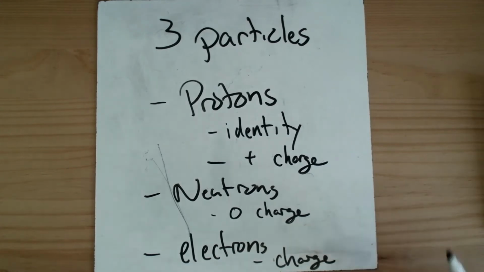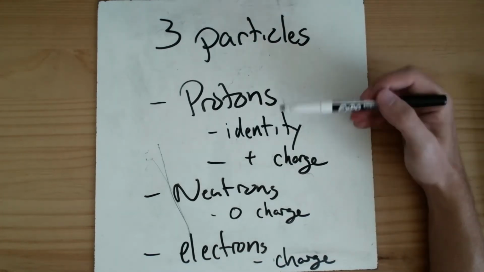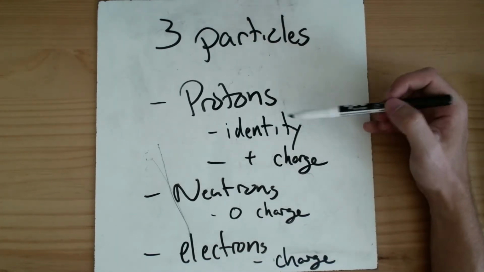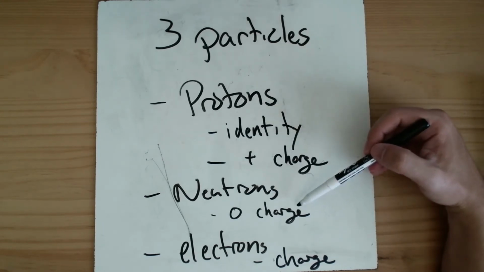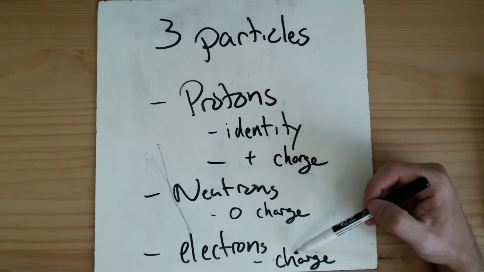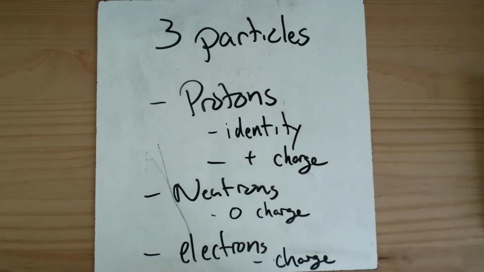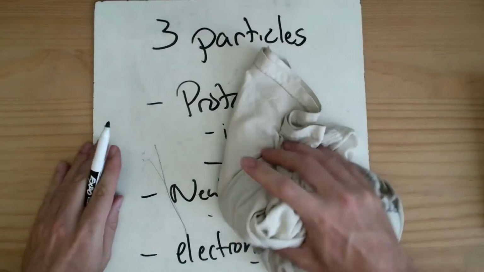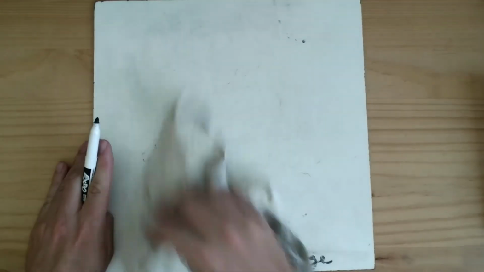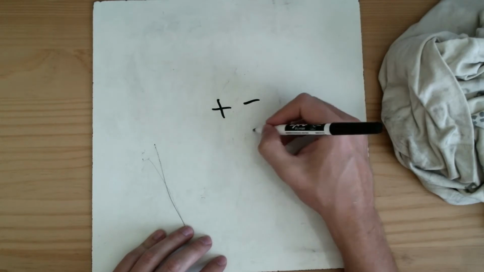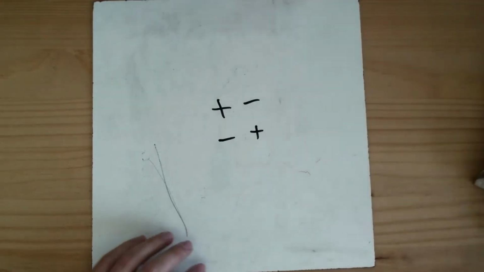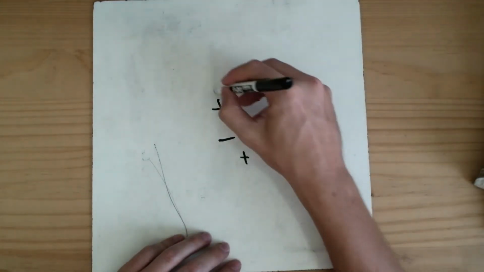They have a negative charge, so I've got my positive protons, which give my atom its identity. They have a positive charge. We have our neutrons, which have a neutral charge, or 0 charge, and then we have electrons, which have a negative charge. And when we start putting these things together in atoms, what we find is that my protons and my neutrons hang out in the middle of an atom, in what's called the nucleus,